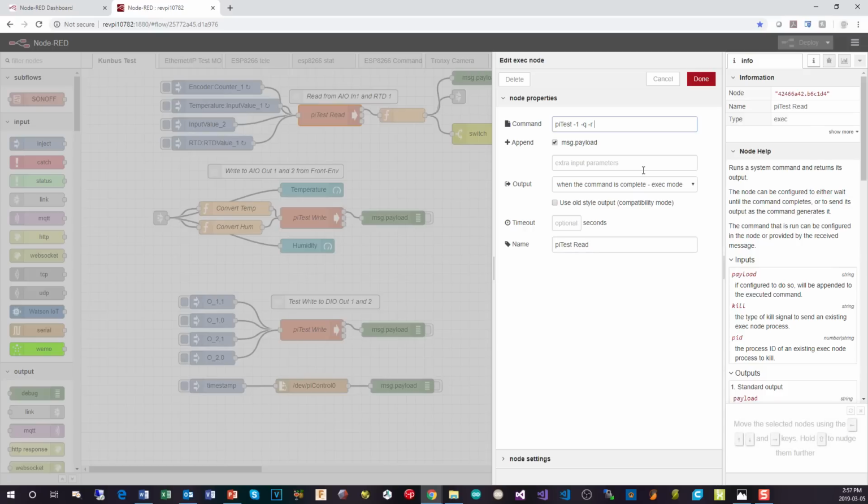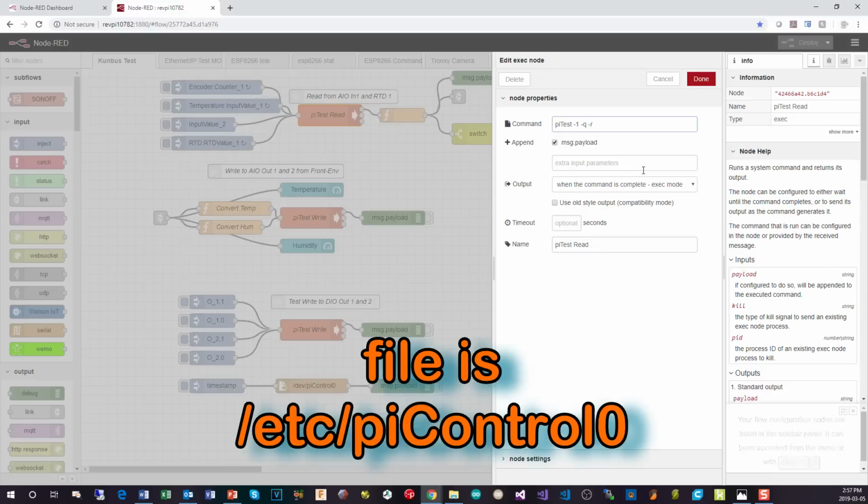There's a process running in Linux on the Kunbus version of Raspbian that polls at a fairly fast rate all of the I/O that is configured on the modules, and it brings all of their readings for inputs, outputs, analog, digital, counters, the RTDs, etc., all into a memory location, and